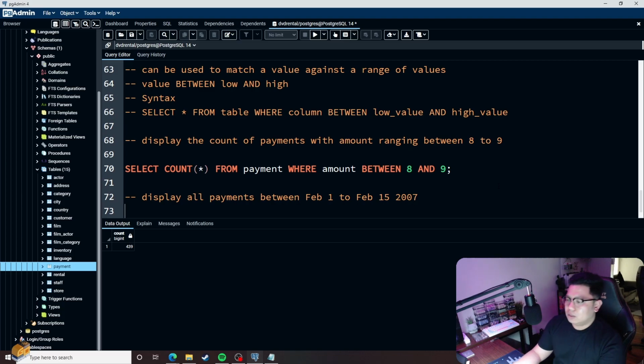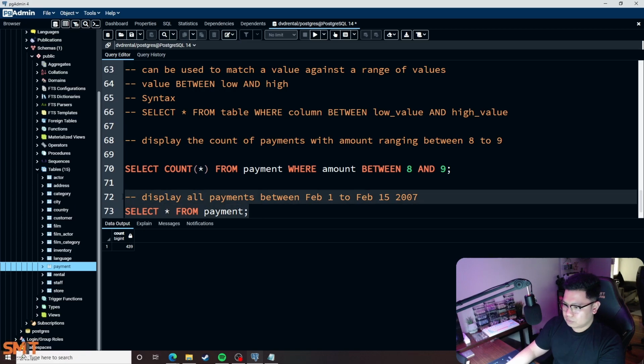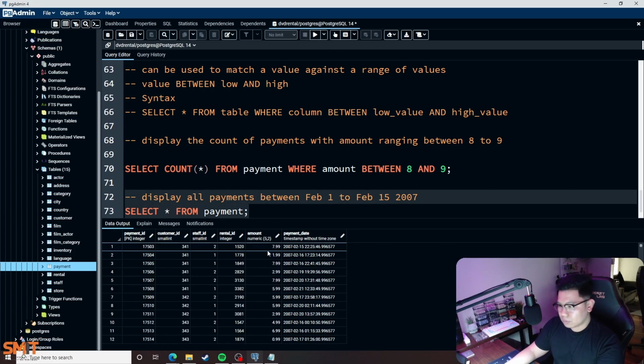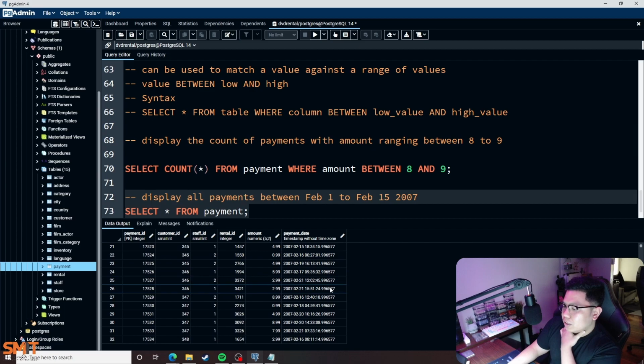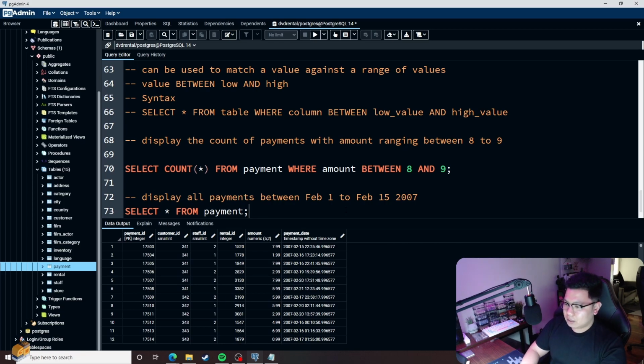Let's display first: SELECT * FROM payment. Okay, so we need to display all the payments from February 1, 2007 to February 15, 2007. So we need to have a WHERE clause here: WHERE payment_date